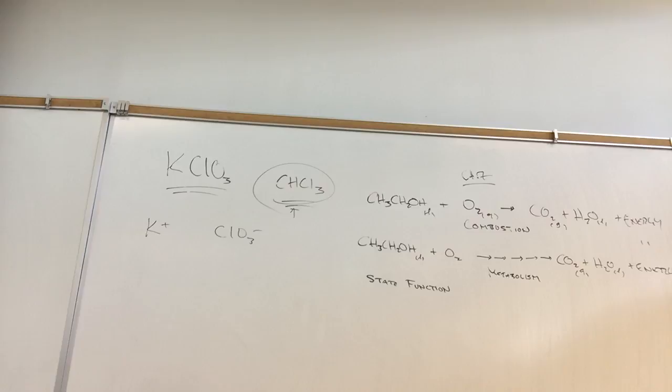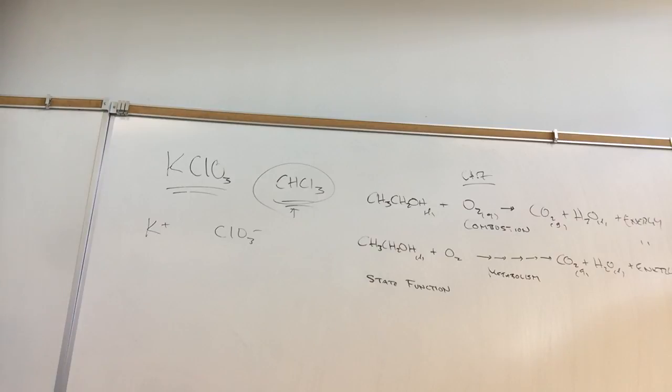The MSDS stands for Material Safety Data Sheet. And so if we look at potassium chlorate, it gets a health rating of 3. 4 is the worst health rating, and so 3 is not so great. And fire rating, it gets a 0. Why does this get a 0 fire rating? Did you see that fire we generated in the hood with potassium chlorate? The reason it gets a 0 fire rating is because this is not a combustible.